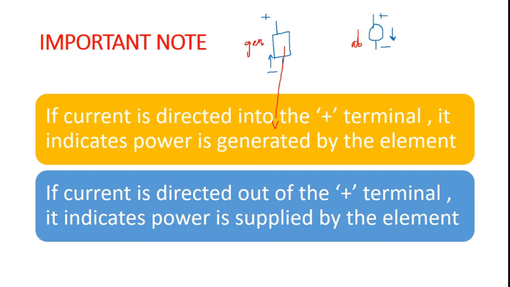When it is coming into the positive terminal, this will generate the particular power. I hope this point is very clear to you, because this point is important when we analyze the circuits in the upcoming topics and units. So into the positive terminal, this element will generate the required power. If it is out of the positive terminal, this will absorb the power and only the balance power will be supplied by the particular element. So always remember this, and that is why we say the arrow mark is very, very important when we represent current sources. Fine.